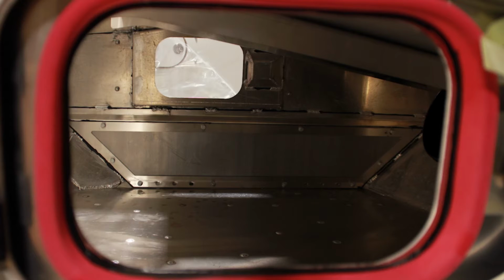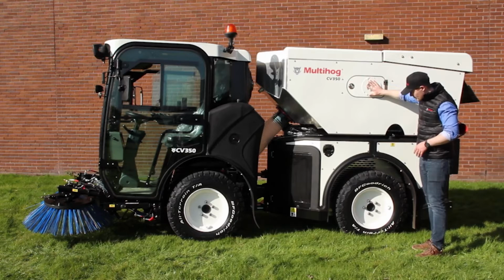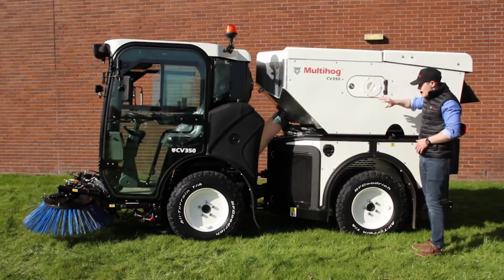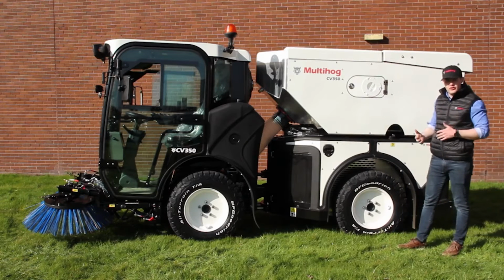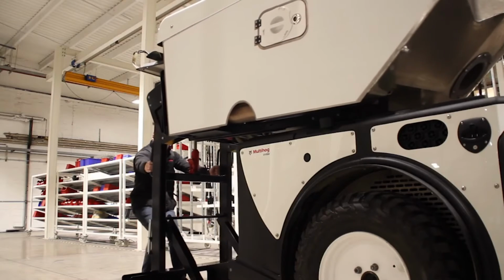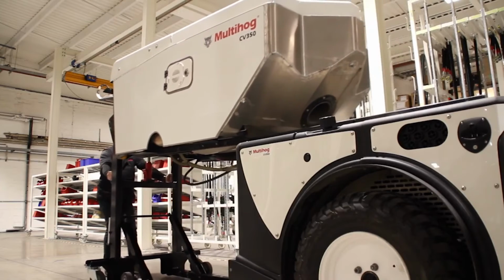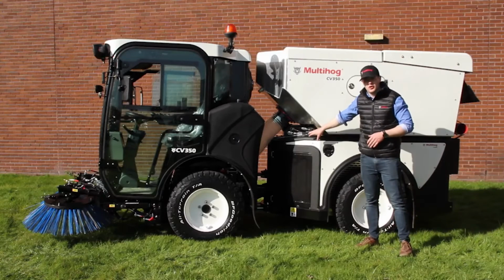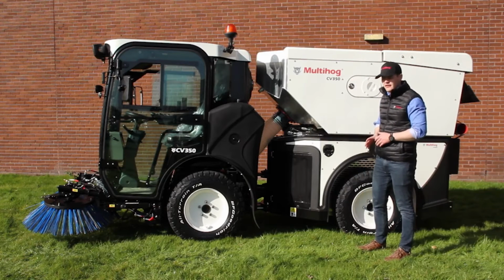And also on the inspection hatch itself, you have this removable plate here for putting wander hose onto the hopper. The hopper itself can be removed from the CV very easily, because you can run other applications on the rear, say even a salt spreader. And at the front of the hopper, you'll notice the quick release couplings here, where you have high flow hydraulics